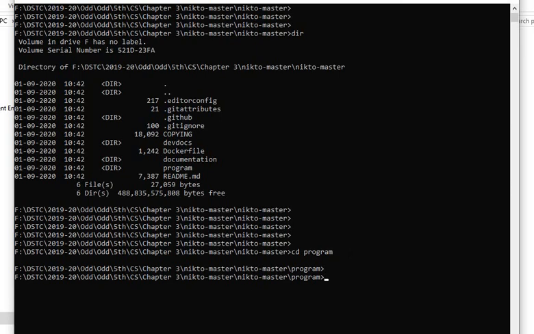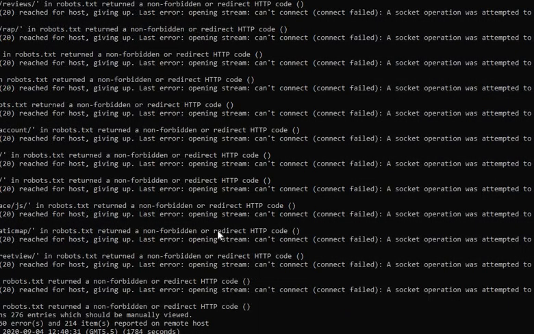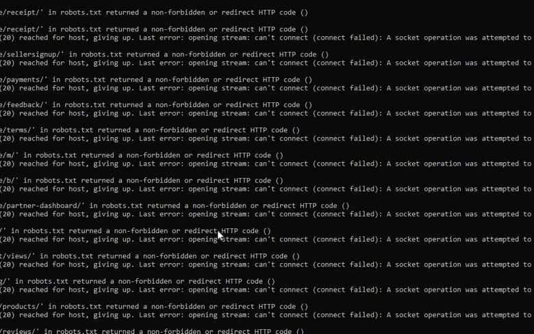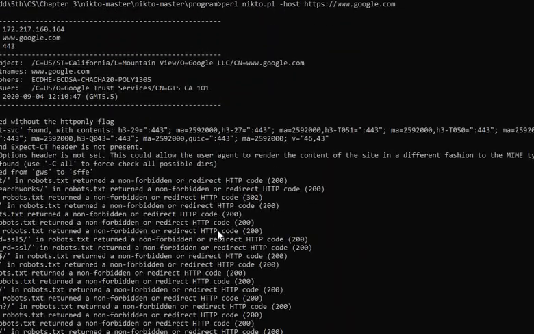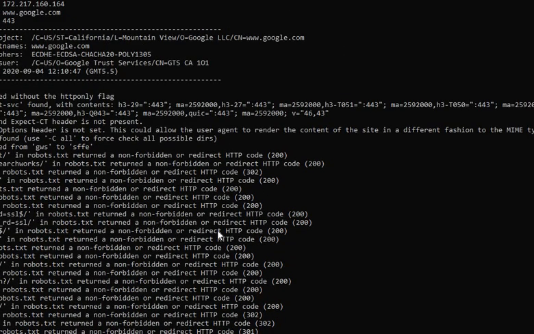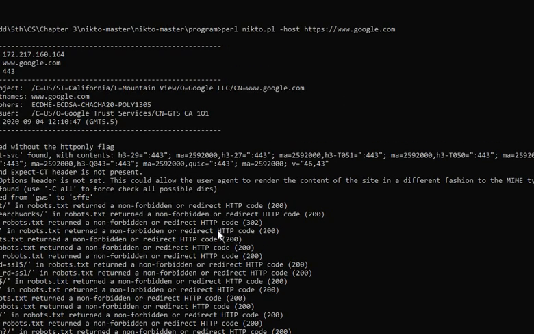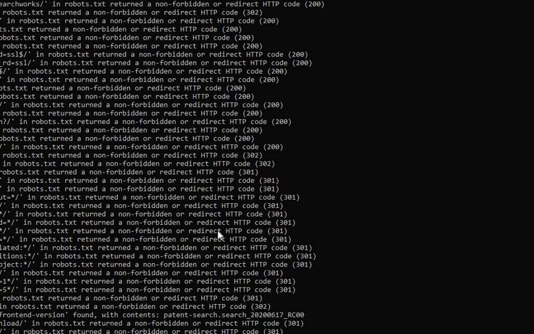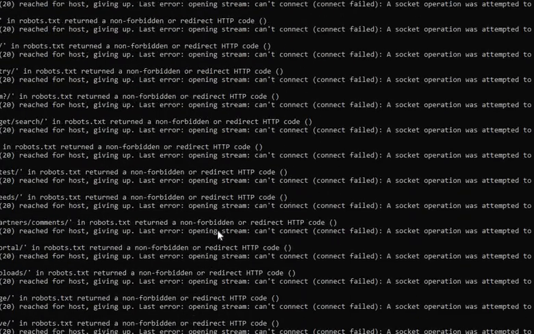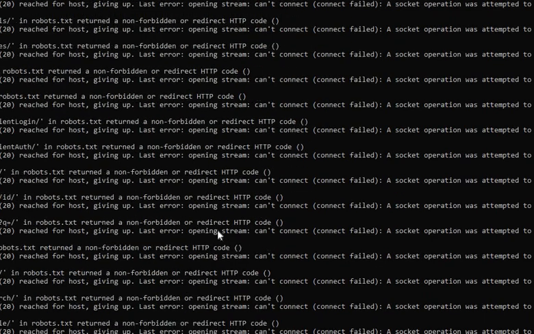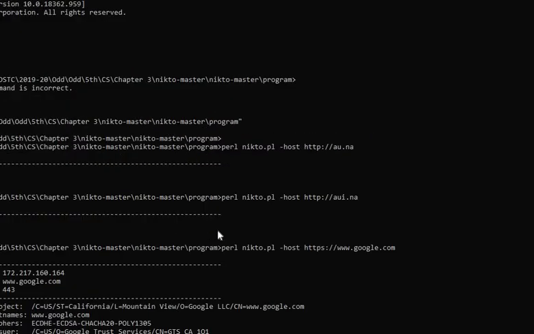So this is the kind of initial testing. You can see the result over here. Yes, this result is performed on the google.com server. Google is more secure. It will not give you much information. That is why it is giving the forbidden error, because it is a more secure server. It will not give you the information as easily as you can see.